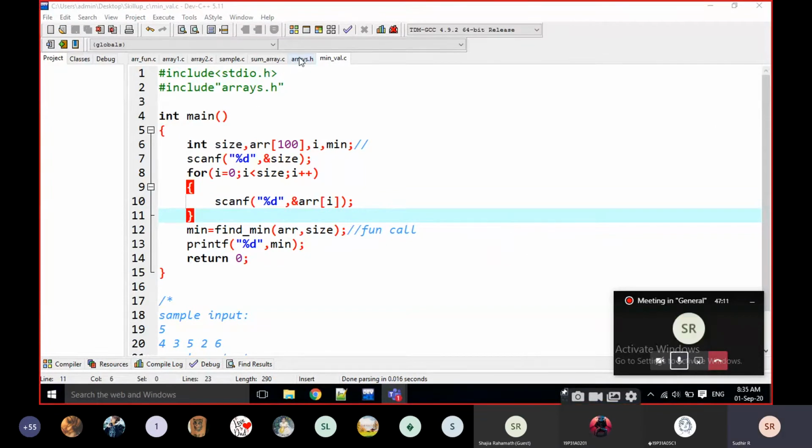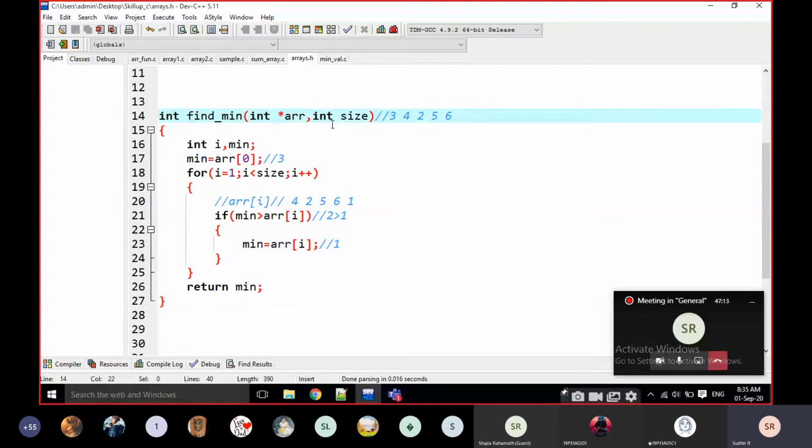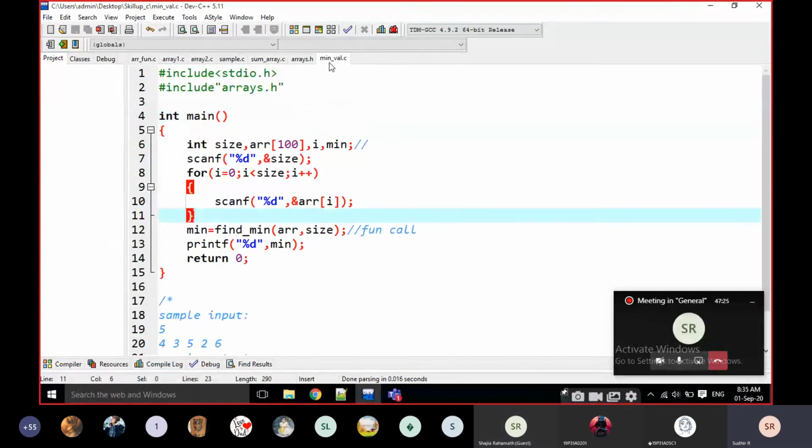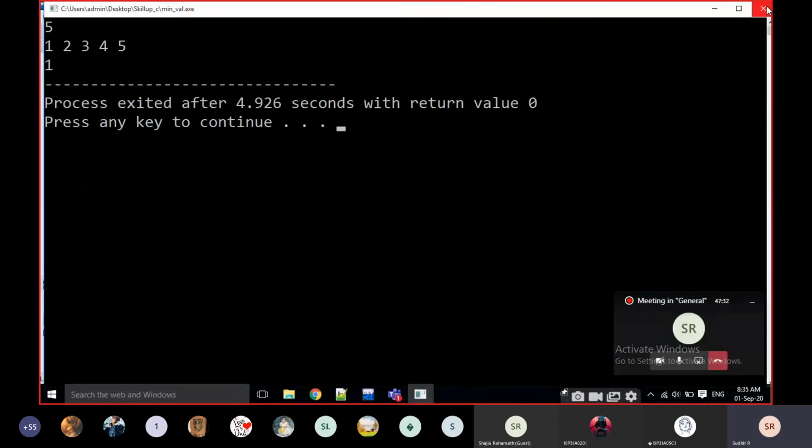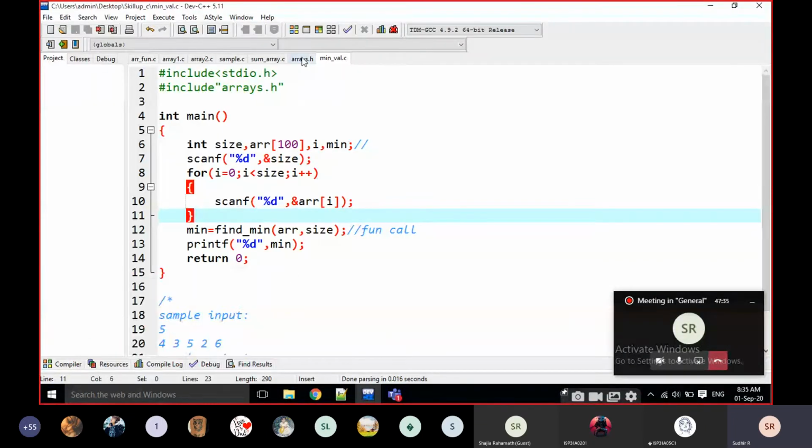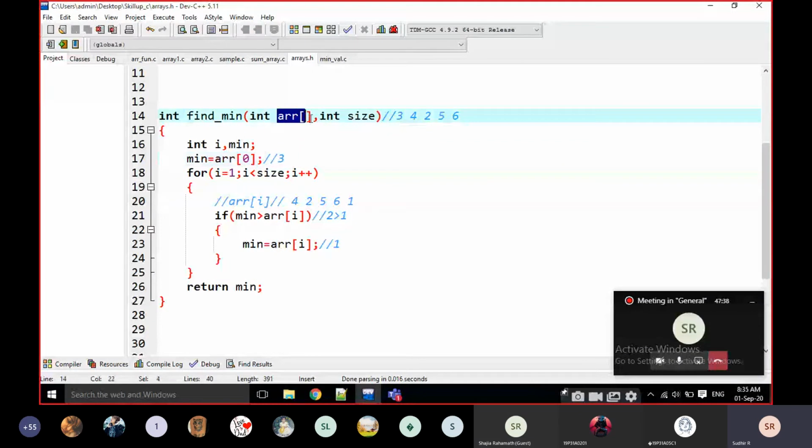Okay, good question. Instead of here, we can write like this also. Like this also we can write the same thing. Here also, for example, I am going to work with 1, 2, 3, 4, and 5. The output is same, no doubt about that. This is also handled with the address of the first variable. That's it. But why am I teaching star ARR? Why am I telling star ARR?